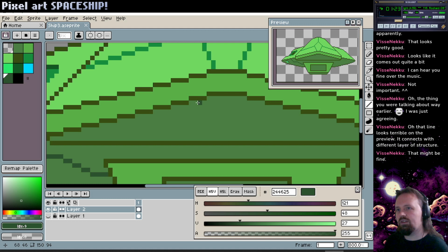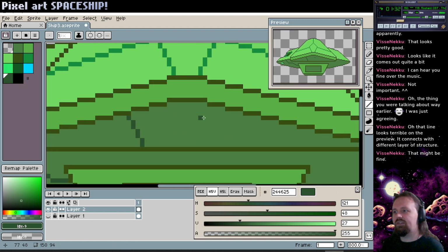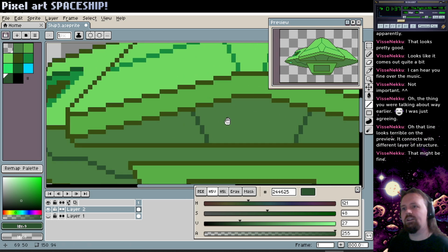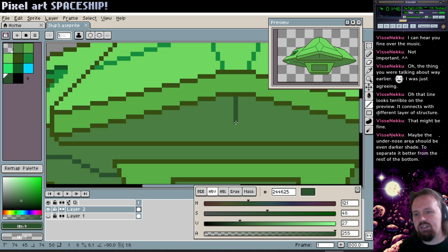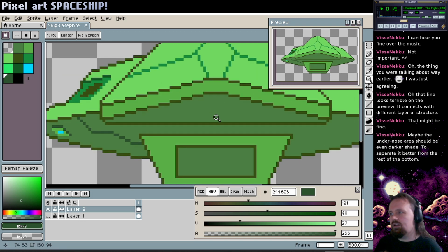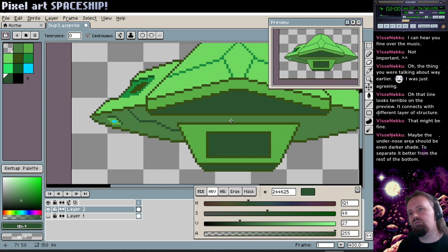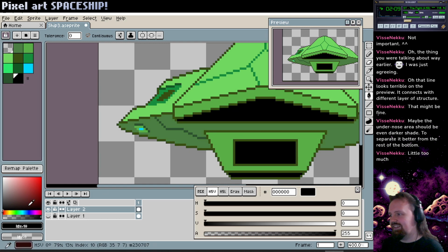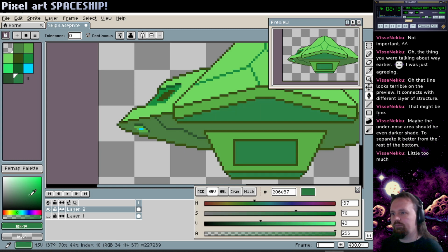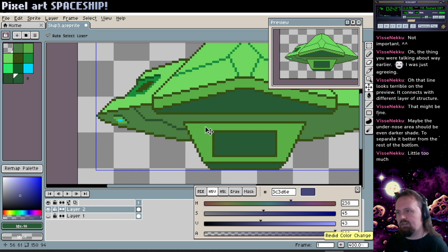Let's see about this kind of thing on the base here. Should do something simple like that. I'm going to mirror this afterwards. I'll just do it now for... Yeah, I don't like that. Do a line down the middle, but it looks kind of... Maybe the undernose should be a darker shade to separate it from the rest of the bottom. Yeah. Let's try that. Yeah, that could work. Maybe it should be a different... little too much, yeah. How about this? Oh, yeah. No. I mean, one thing we could do is make the bottom a different color entirely. Like, hang on, if I...